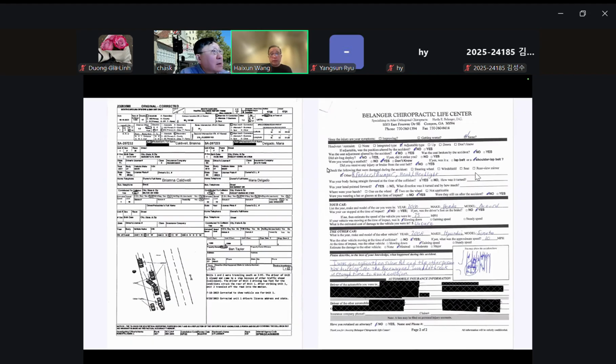And this one is also similar. You see a lot of handwritten notes, but one thing I want to highlight is that there's also this image which shows how the collision happened, right?